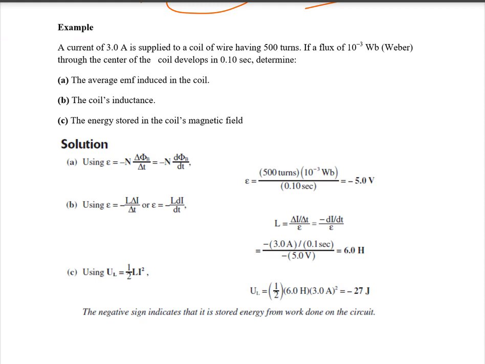A current of 3 ampere is supplied to a coil of wire having 500 turns. The flux is given, and flux is measured in webers. It develops through the center of the coil in this much time. Determine the average EMF induced in the coil, the coil's self-inductance, and the energy stored in the coil. First, let us find the induced EMF. To find the induced EMF, we use change in flux over change in time. The flux is given as 10 to the power of minus 3, the time is 0.1 second, and the number of turns is 500. Therefore, finally you get